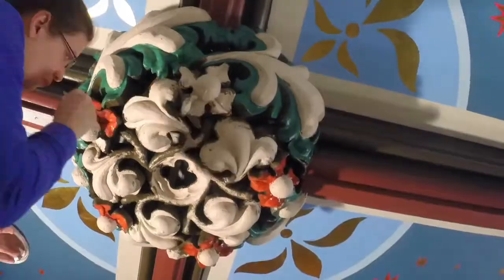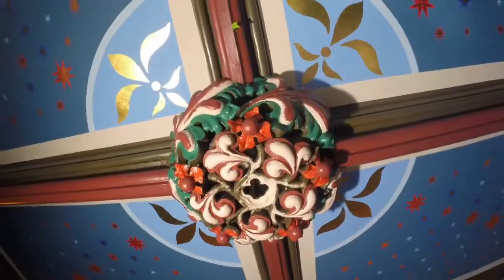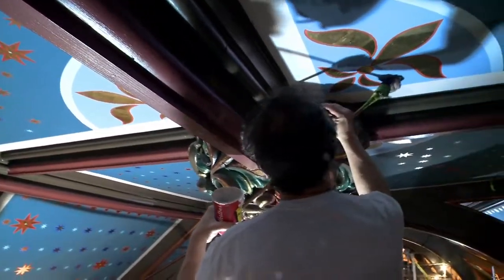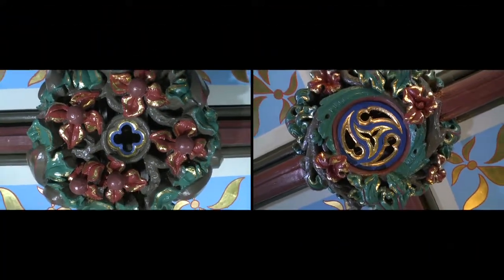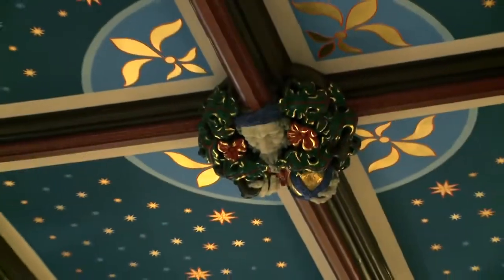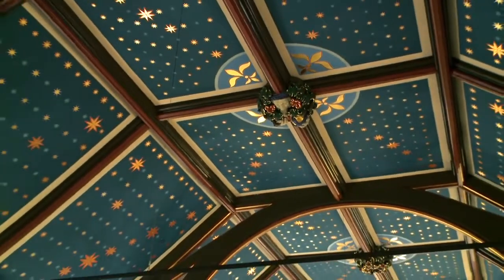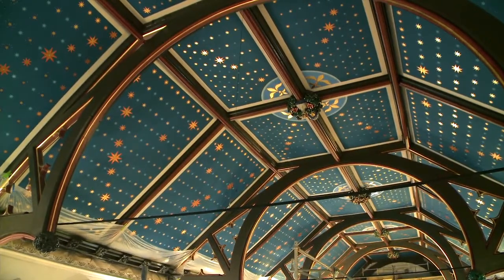In addition to the ceiling painting and the gold leafing of the stars and accents, all the ornamental plaster bosses adorning the ceiling beams must also receive special attention. With the ceiling painting and gold leafing nearing completion, people involved in the various stages of work, including Father Bush and Cardinal Collins,